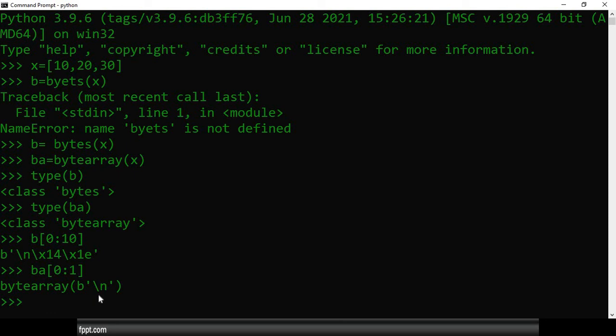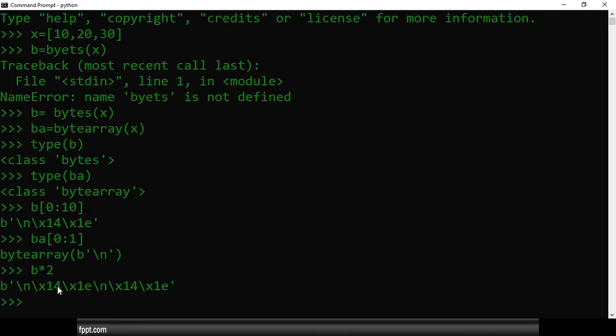Repeat operator is nothing but the asterisk symbol, and the length operator is there. So, am I able to use a repeat operator? The answer is yes, you can use a repeat operator. What is the repeat operator? This asterisk symbol. Here I am trying to convert that byte b into a multiplier of 2. I want to print this 2 times. So this one is a repeat operator.